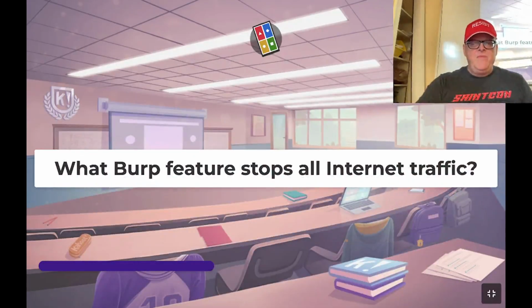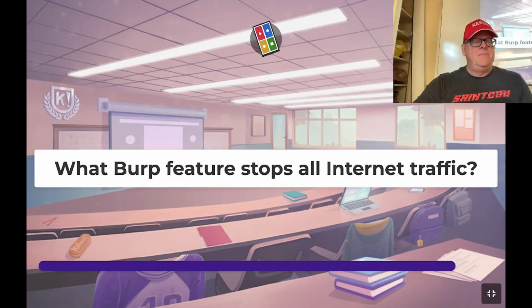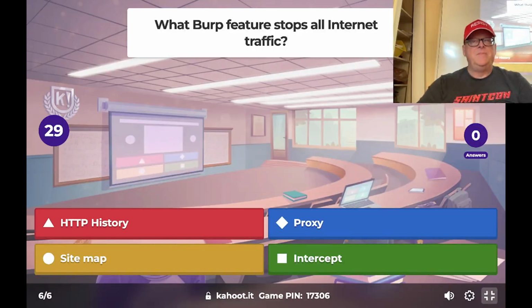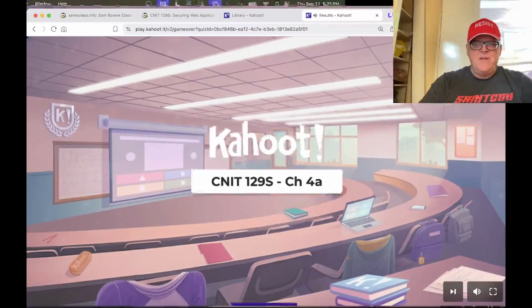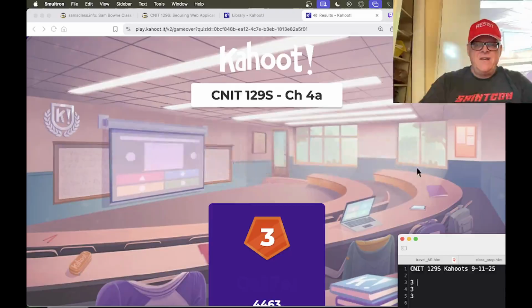All right, what Burp feature stops all internet traffic? Yeah, that's intercept. All right. As you know, one of the early steps is to turn intercept off. If it's on,